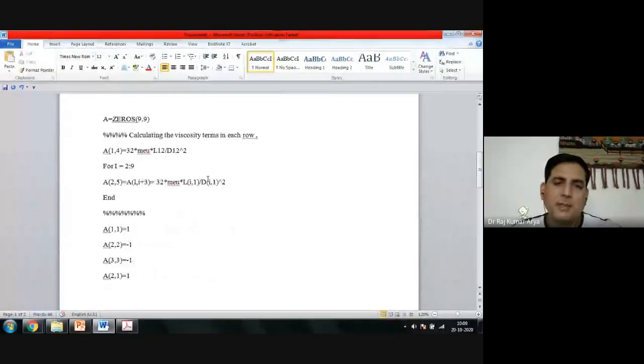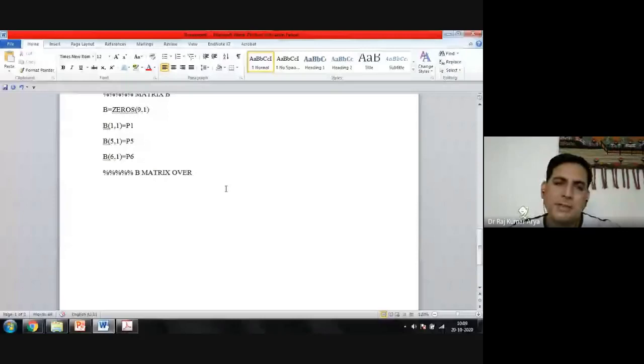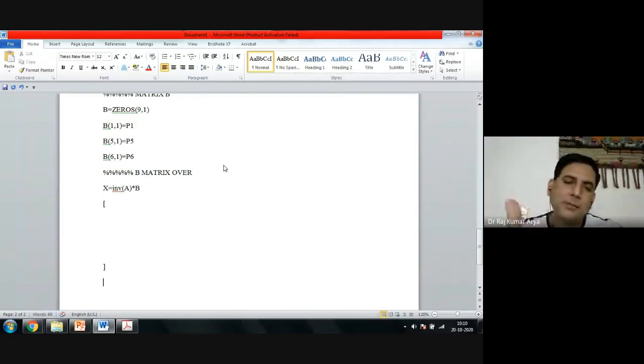And once you have generated that, you are only interested in your unknowns, your x, where all variables will come. So x would be equal to, you can just write a simple command there. If you want to use the inbuilt program of MATLAB, inverse of A and just multiply by B. It will solve and finally give you the values of the x vector. Now from here you have to read which one belongs to which variable.